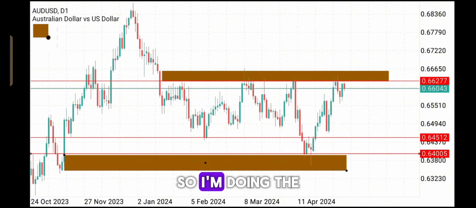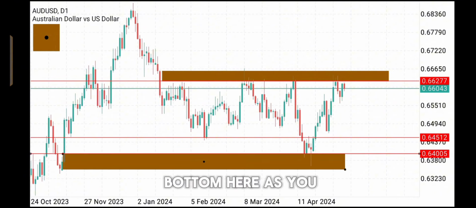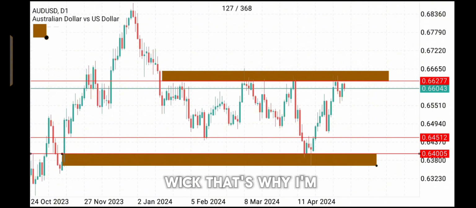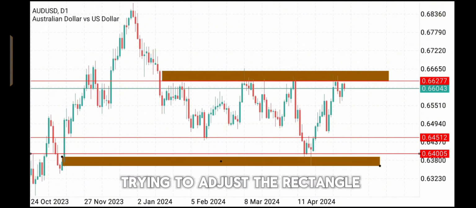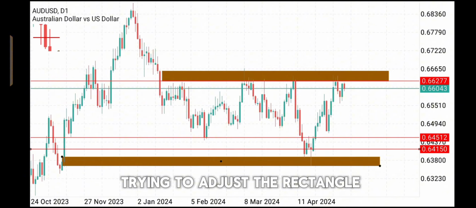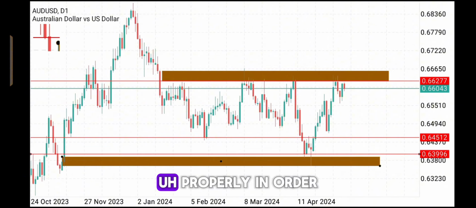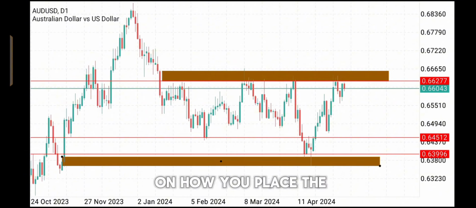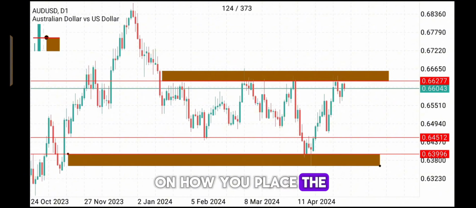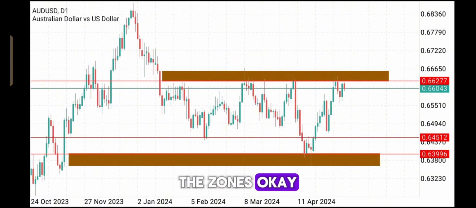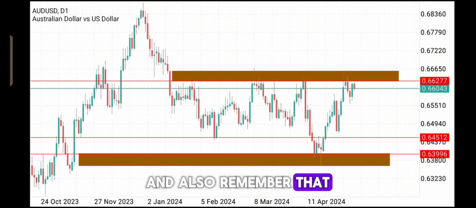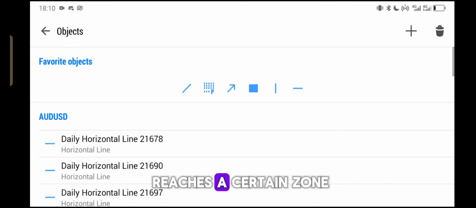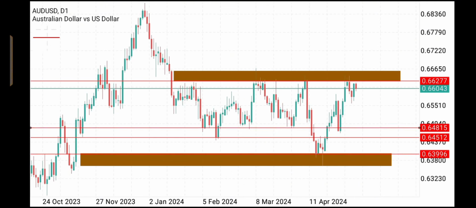Okay, so I am doing the same thing at the bottom here. As you can see, I am including the wick. That's why I'm trying to adjust the rectangle properly in order for me to illustrate how you place the zones. Okay, and also remember that this is very important because each time price reaches a certain zone, then you